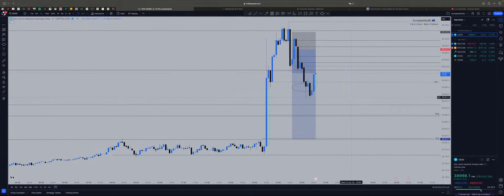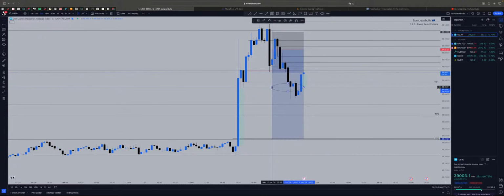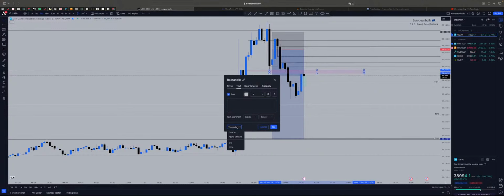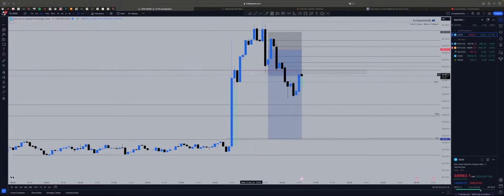Anyway, here you can see the price has started to move up, but I would say that the price would be rejected from this area. Look, just how I said it, it would be rejected from this area, right?